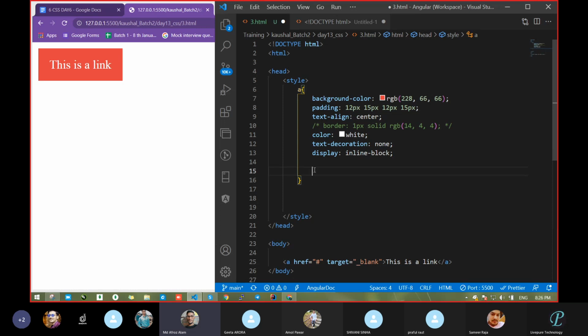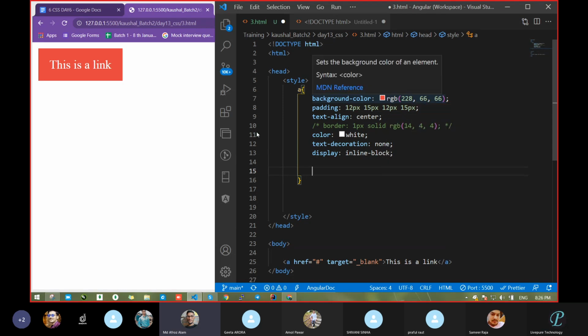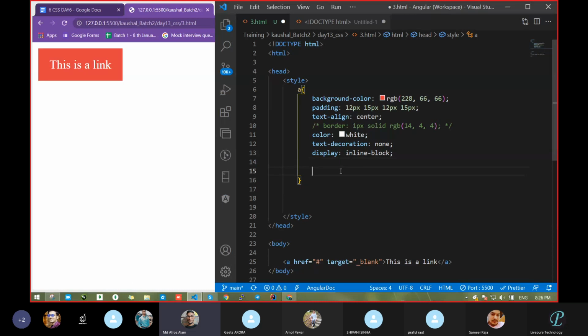From there we can change, sir. We can choose another color also from there. Had you listened to my question? Yes, sir. I do not want to change this color from here. I want that when I put the cursor over this, then the color changes. Yes, sir, the hover property we can write, sir. So tell me how I will write it and where I will write it.